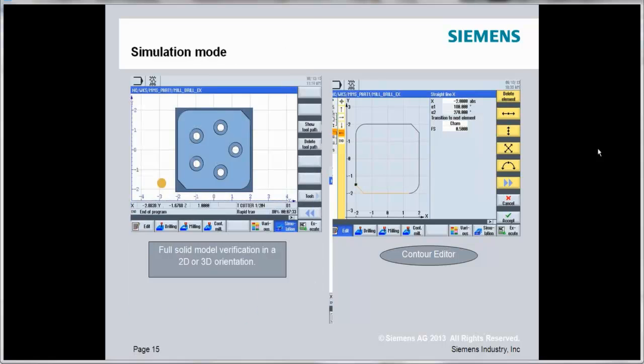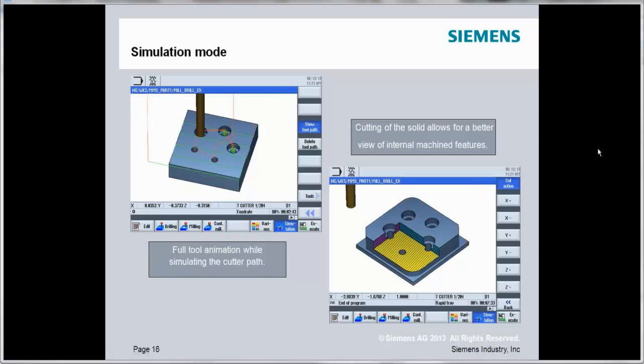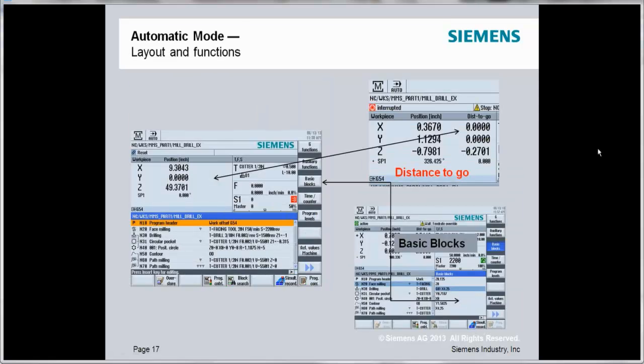Then we're going to go into graphics. We're going to simulate the physical job. You're going to see a tool come in and do a live run around the part. We're going to show you some of the other advanced functionalities within our graphics. Then from there, we're going to jump over to auto, and we're going to talk a little bit about auto and what it would take to physically run the part if we were ready and the offsets were already set